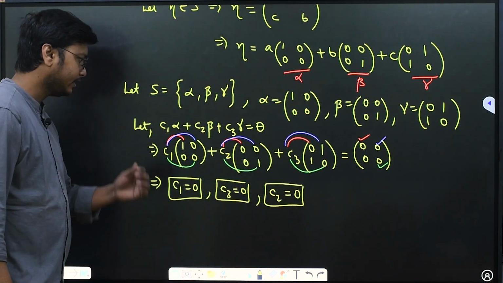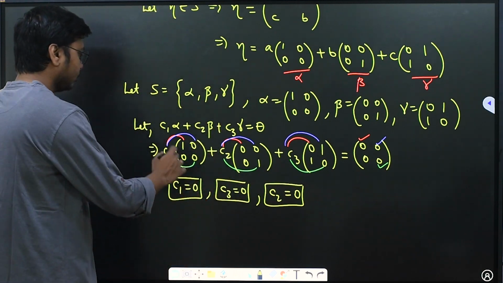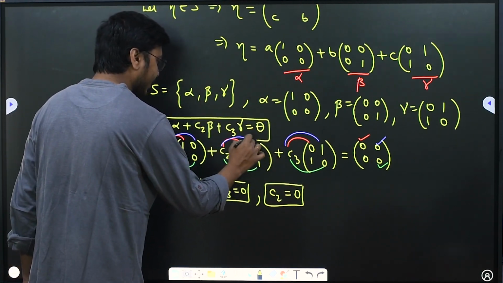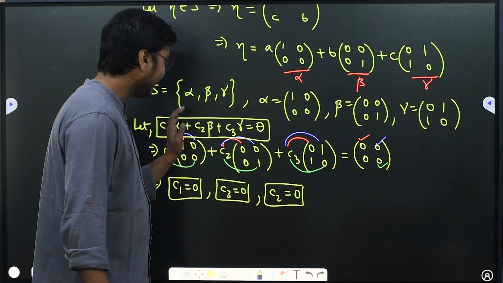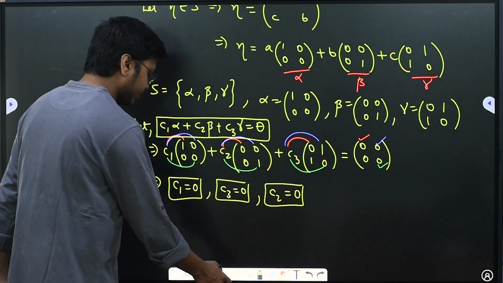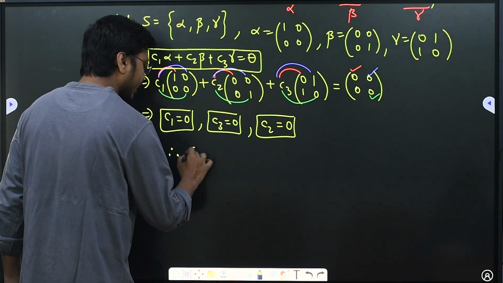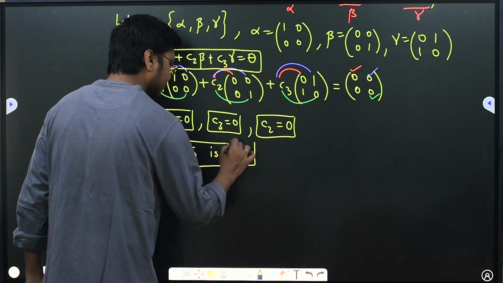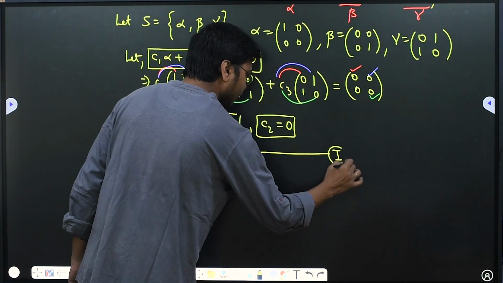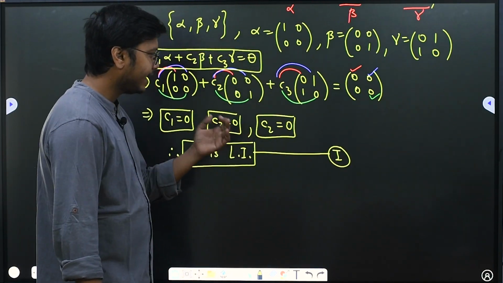So as you can see, I have got all the 3 variables mandatorily 0. So from this expression, if I get all the 3 constants C1, C2, C3 to be 0, that means S is linearly independent. Therefore S is linearly independent, and that's the first required property for forming a basis. Now going on to the next one, where I need to show L of S is equal to